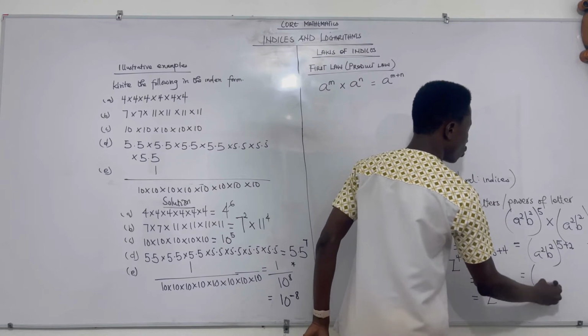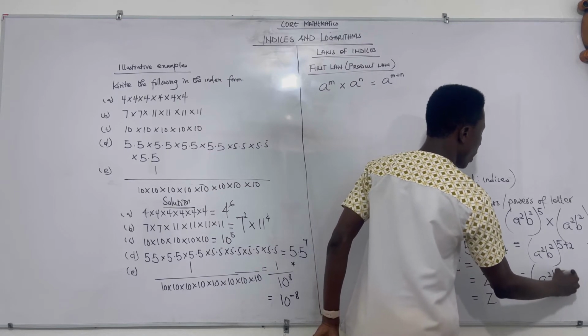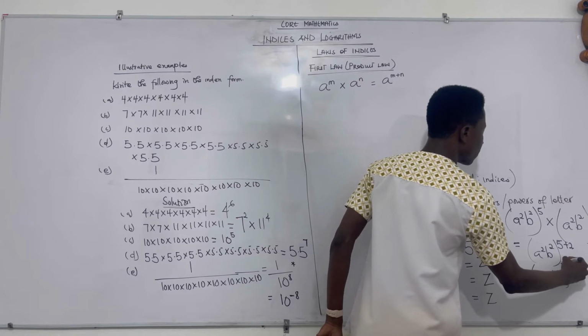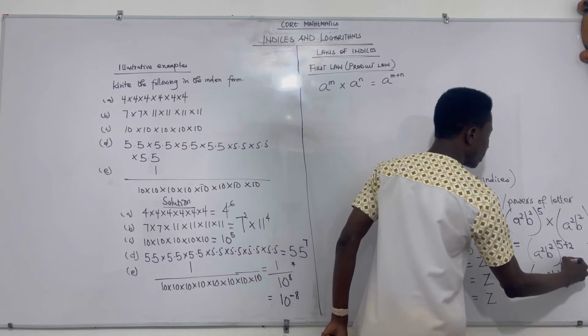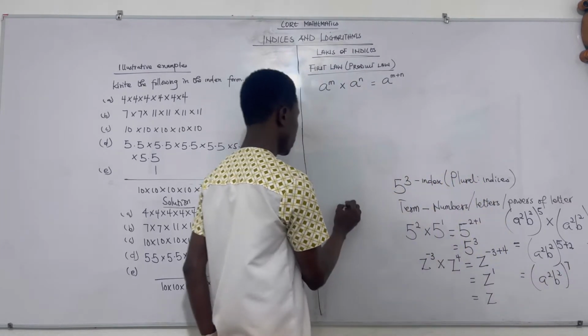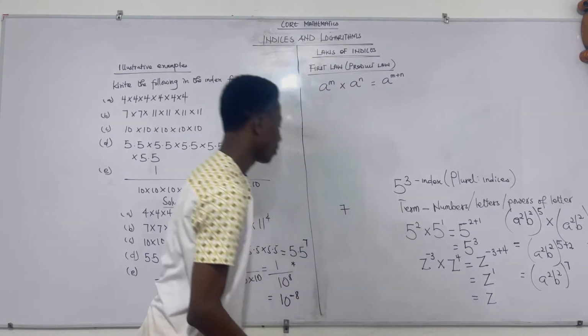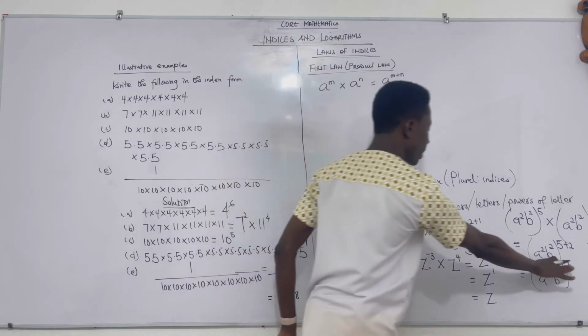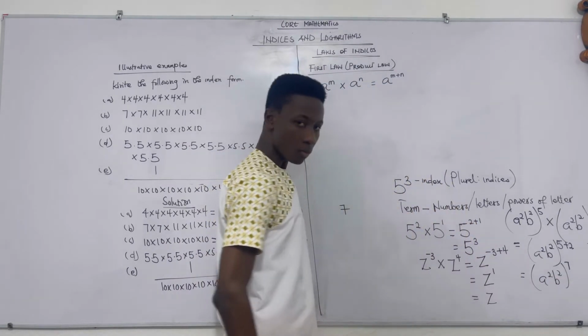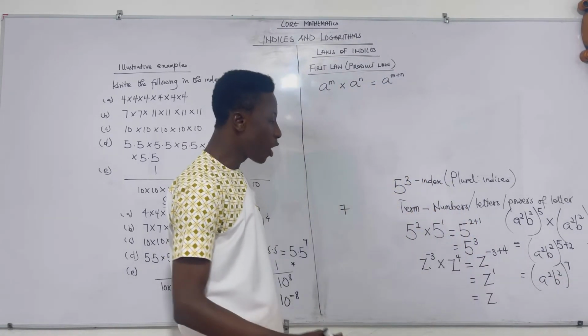So a squared, b squared, exponent 5 plus 2 is what? 7. Avoid crossing your 7, I prefer it being this way. Now going forward,